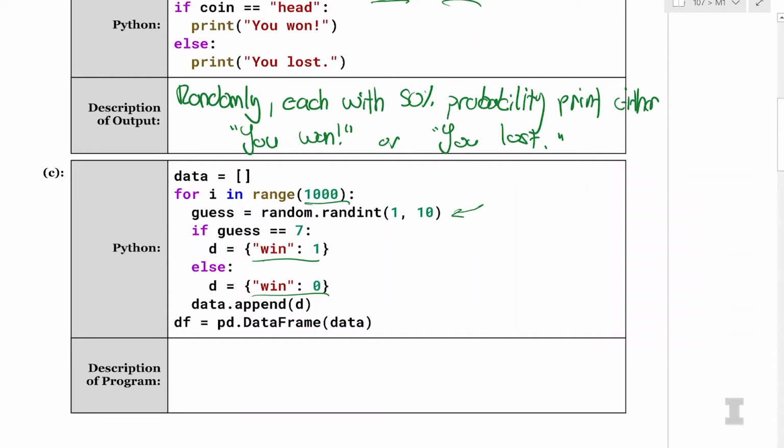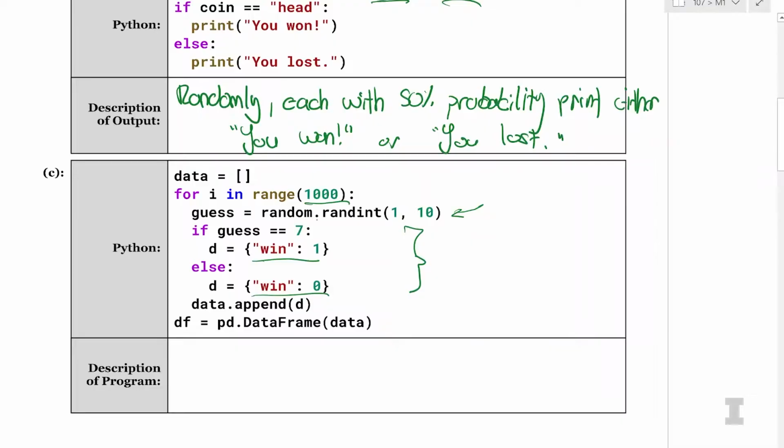Interesting. So basically, what I see here is that this is simulating a game where, Carly, you're guessing a number between 1 and 10. And if you guess 7, you win. That's my determination of what is happening inside the simulation. And then we append the data, data.append, and then we say df is equal to pd.DataFrame. Notice that there's quite a bit of indentation going on: we have a for loop, and everything after the for loop except for the df is indented. And then inside the if statements, we also have additional indentation. So every time we get a guess of 7, we win.